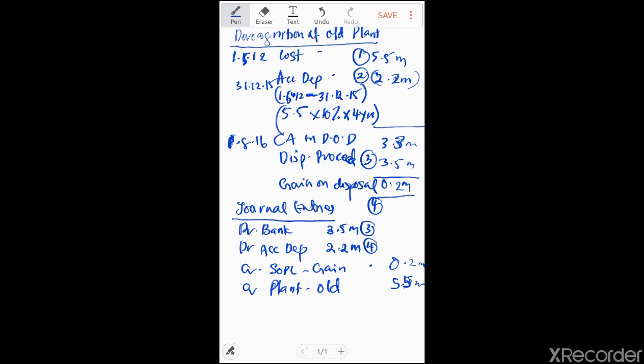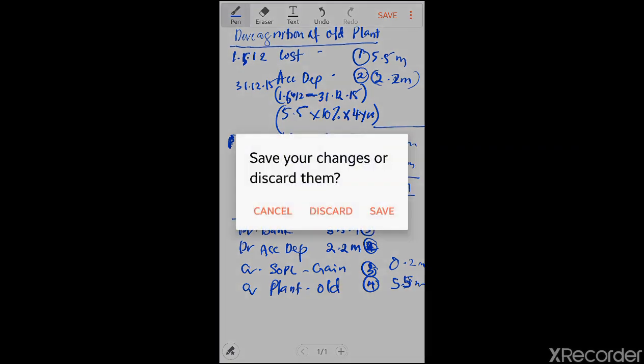Sorry, accumulated depreciation is number 2. This is number 3, and this is number 4. So you need to mention the requirement. So to do this, let's look at the